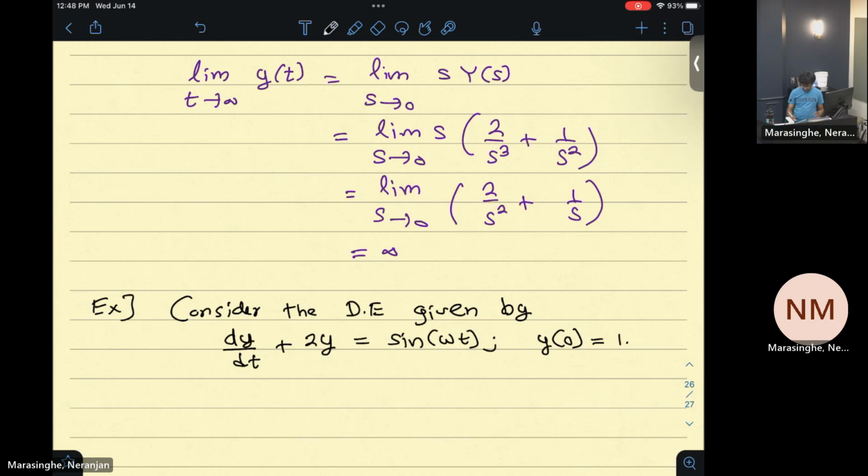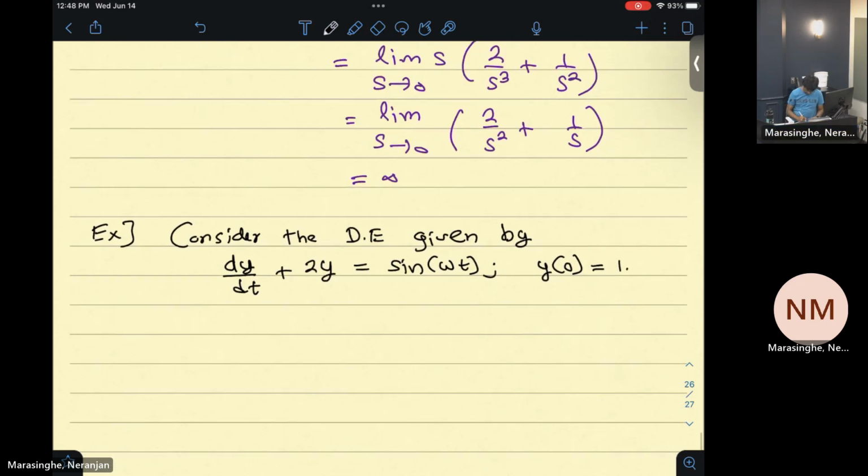Right? Find, instead of omega, I would use 2, right? Find the limit as t goes to infinity. Again, use the final value theorem. Right? So the Laplace transform of sin is